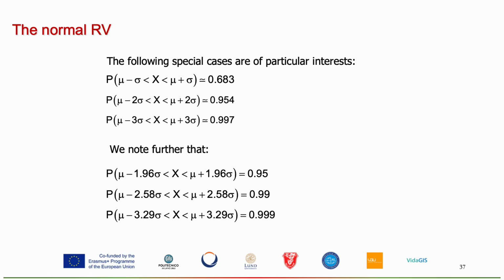What is the probability that x is between mu minus sigma and mu plus sigma? It is about 68%. What is the probability that x is between mu minus 2 sigma and mu plus 2 sigma? It is about 95%. And finally, the probability that x is between mu minus 3 sigma and mu plus 3 sigma is about 99.7%. So it is more or less, from a practical point of view,